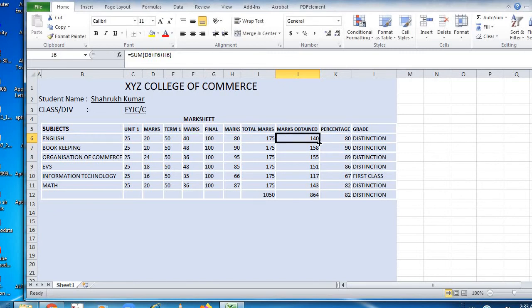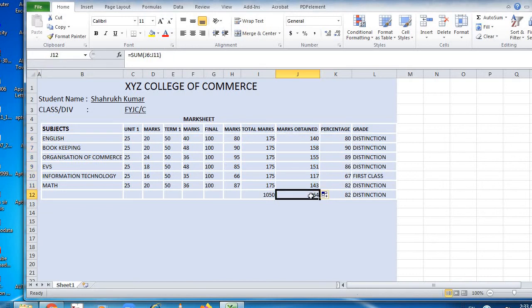Now after getting the total, I just need to drag this formula, so automatically everywhere will be calculated. After dragging the formula, I have to put the sum total of all. The total of all the subjects is equal to sum, here 140 till here, everything has to be totaled up.